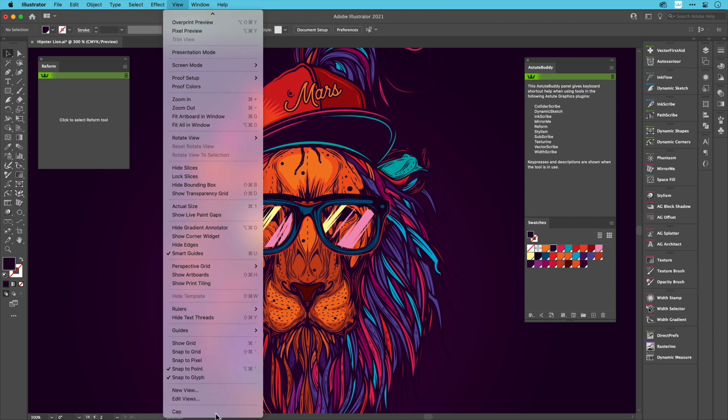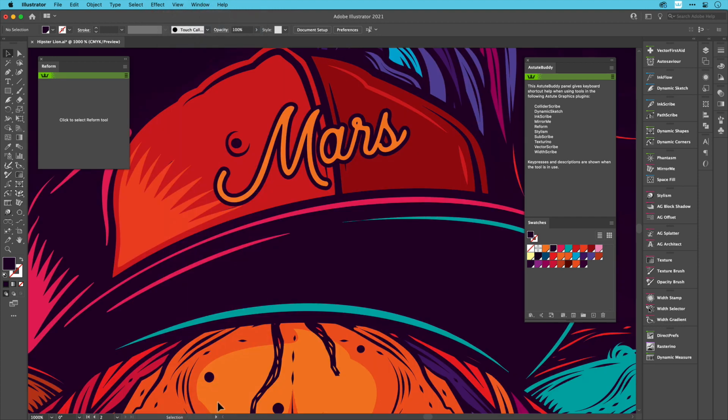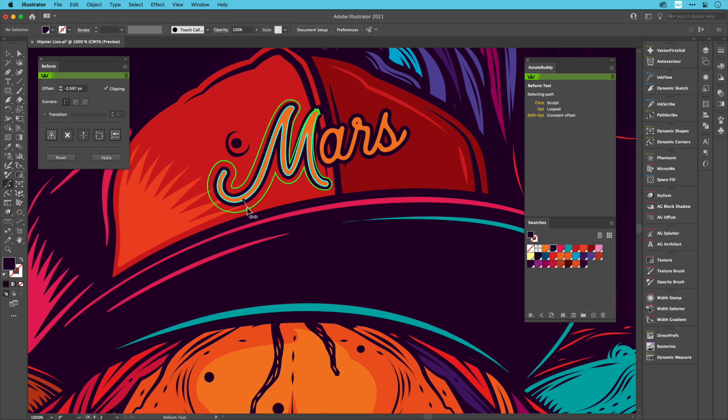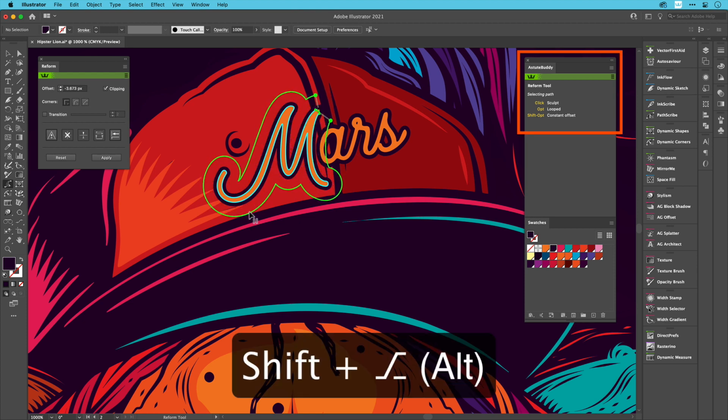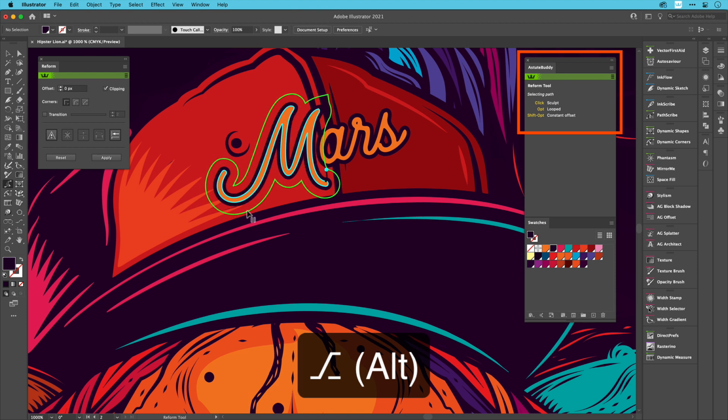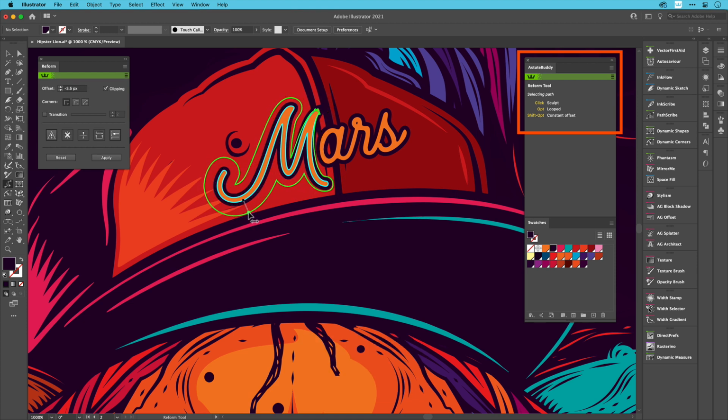Reform version 1.1 brings two main customer requested enhancements. The first is the ability to change between the normal, looped, and offset modes on the fly when dragging out the initial reshape. Use the key presses displayed in the Astute Buddy panel whilst you continue to hold the mouse button down, dragging out a new reshape.